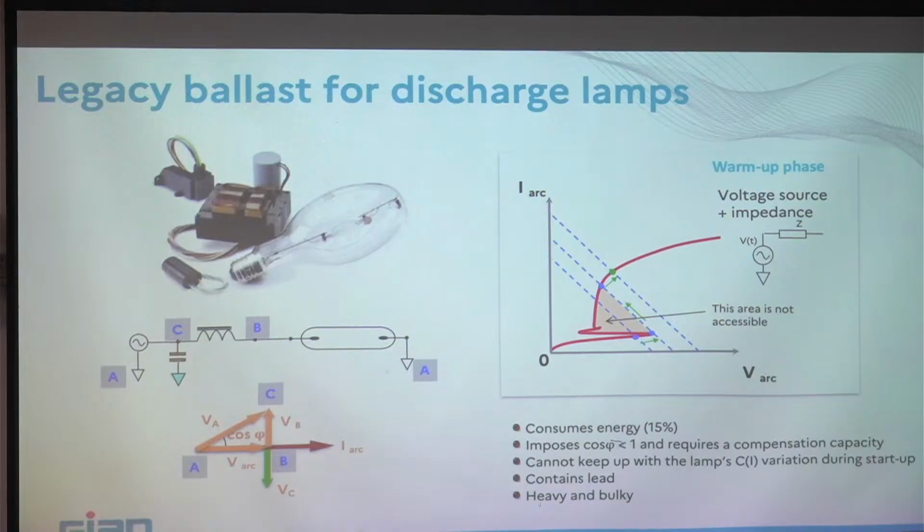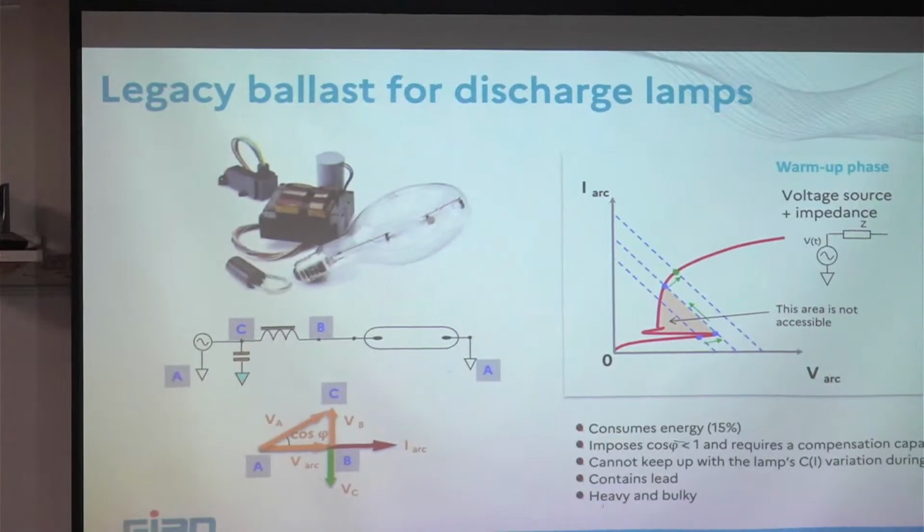That is the reason that for interior lighting in Europe we have banned ferromagnetic ballast for fluorescent lamps since 1990. It's very old. We never banned ferromagnetic ballast for outdoor lighting, for street lighting, but during the last 2 decades, many people have tried to propose electronic ballast even for street lighting, but then you have different constraints and other problems.